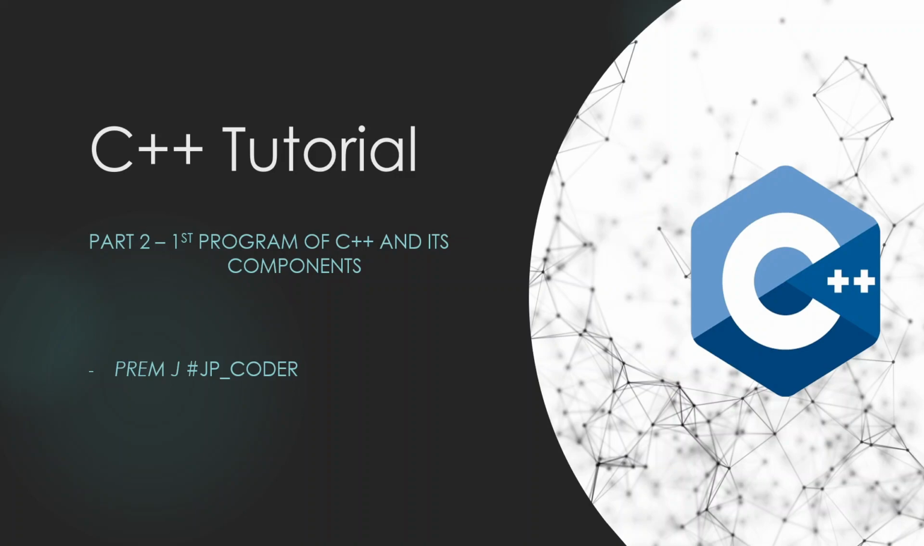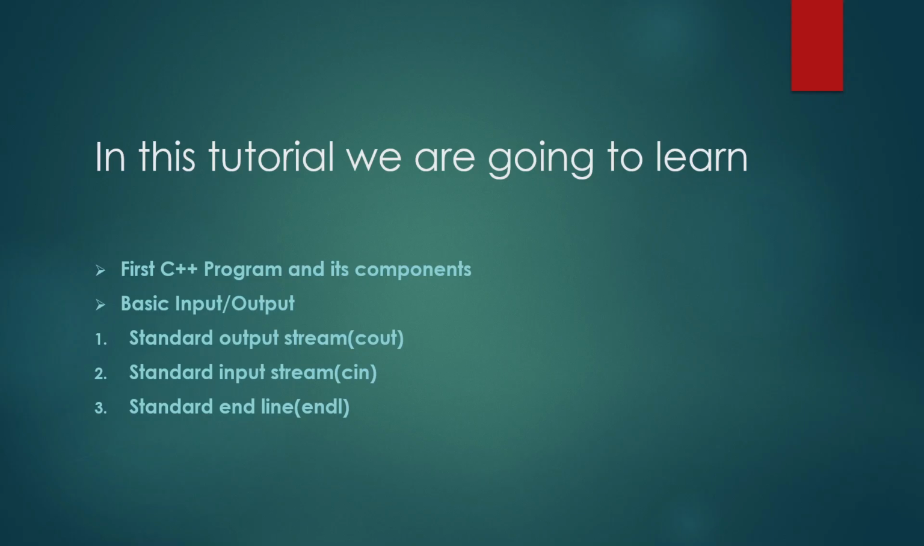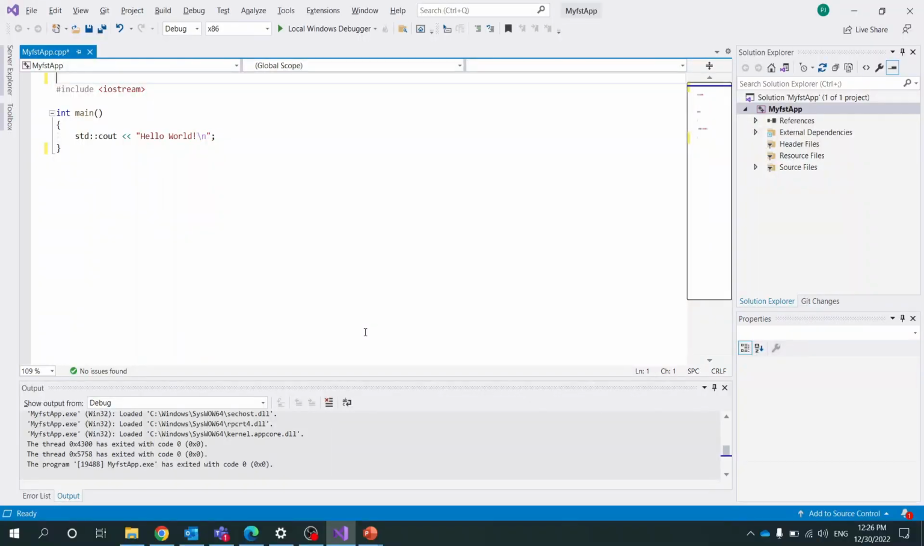So today we are going to learn about the first program of C++ and its components which are available in the program. After understanding the components, we will learn about the basic input and output standards of the C++ program. Before starting the ABCD of C++ language, you need to learn how to write, compile and run the first C++ program. To write the first C++ program, open the C++ project in Visual Studio and start the coding